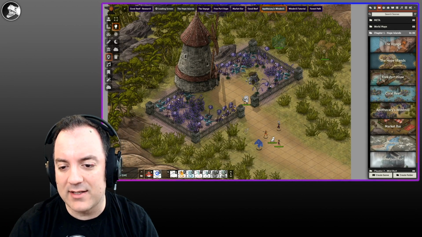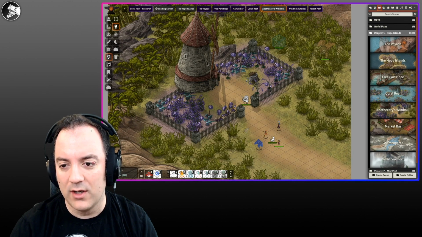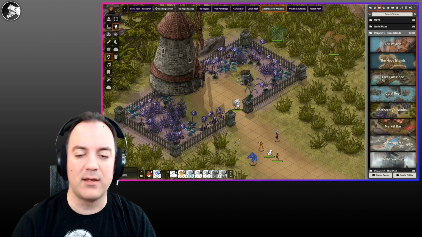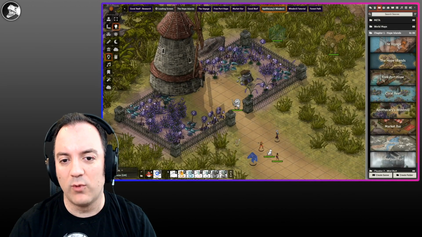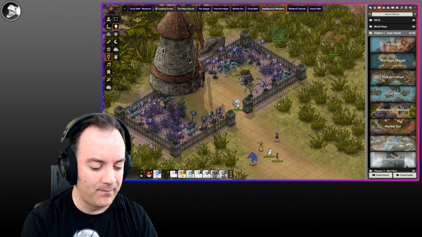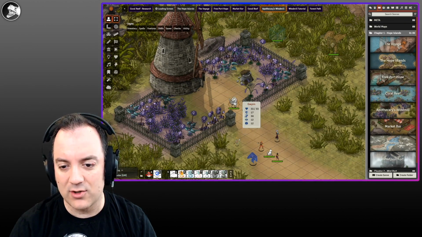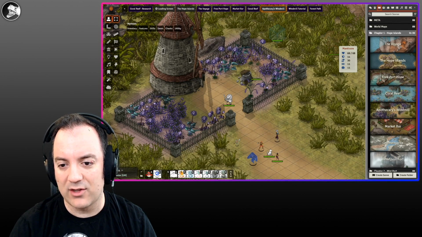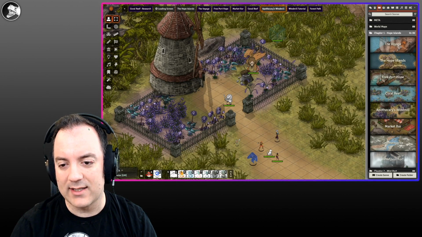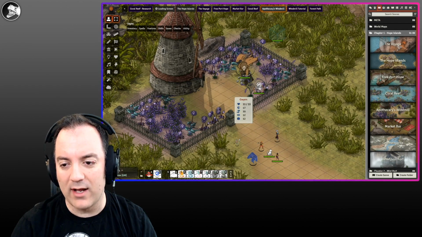The basic plot to this is that they have to go to this town, and they get sent on a mission to go get the apothecary from the windmill, or at least warn her of something that's going on. So, in my game, the apothecary is this turtle, and the thing that's threatening her is right here, and it's kind of hidden right now, but it's going to play a game of batting around the turtle